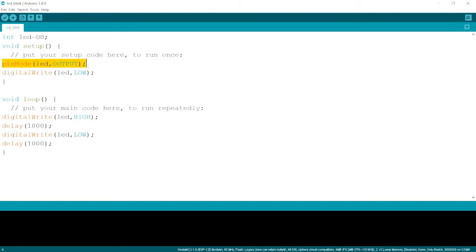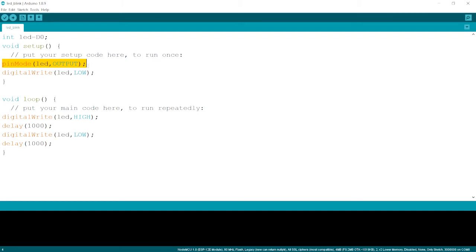Whatever you write in void setup will execute only once in your entire program. That means whichever part you need to initialize or use only once should be declared in void setup. And whichever part you want to do repeatedly, like the LED glowing repeatedly and switching off repeatedly, goes elsewhere.